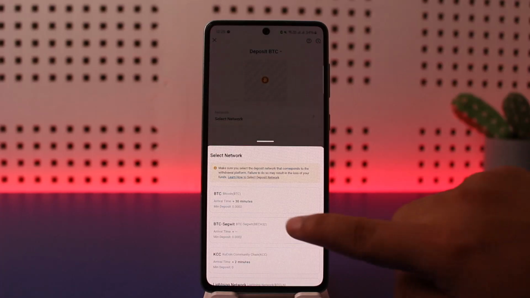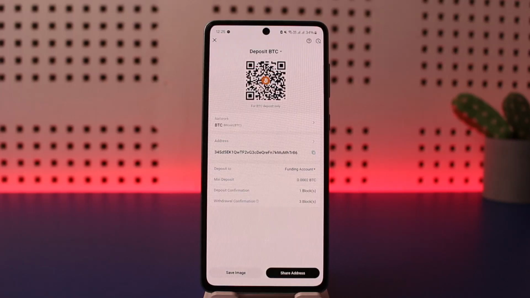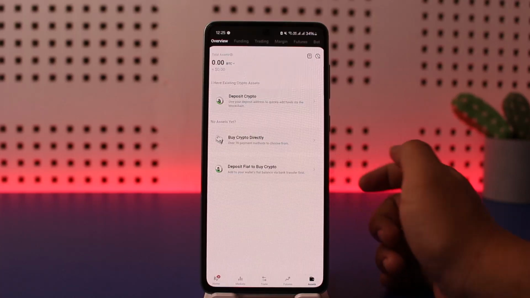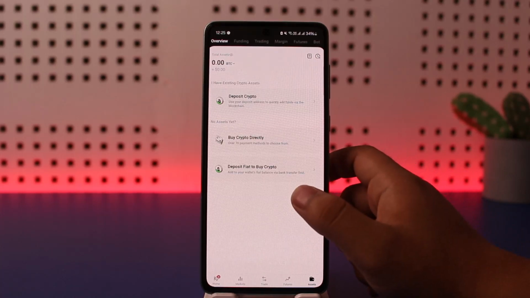You want to select the network that you would like to deposit through, and you should be able to get your wallet address, your Bitcoin wallet address. As you can see here, mine, you can share this address and you can deposit onto your account using this address. Similarly, if you wish to withdraw, if you have any assets, you'll be able to tap on it